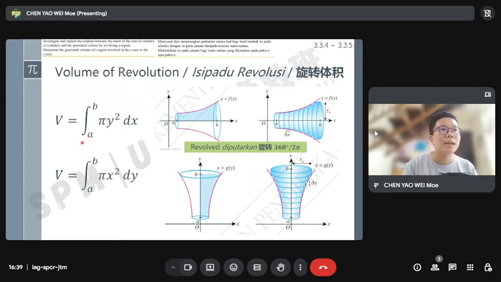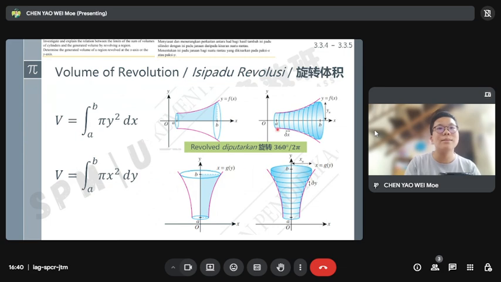Integral from a to b of pi y squared dx. The shape rotates 360 degrees, or 2 pi. That is all about the integration, so we end from here. So now,